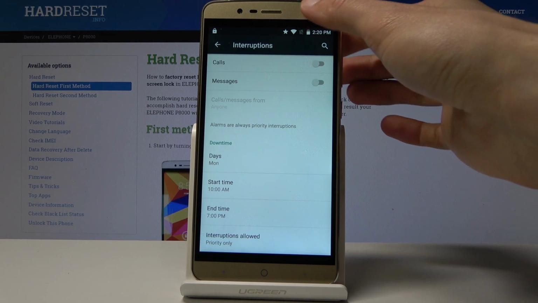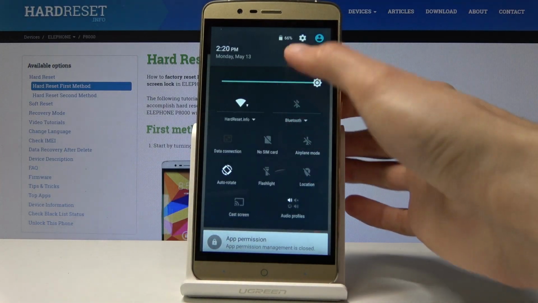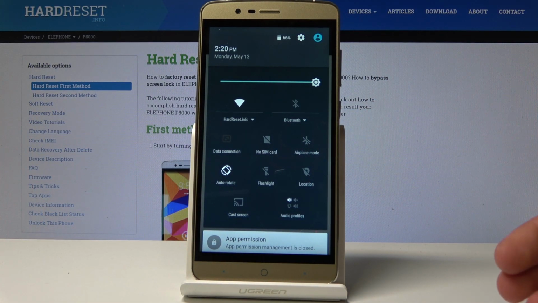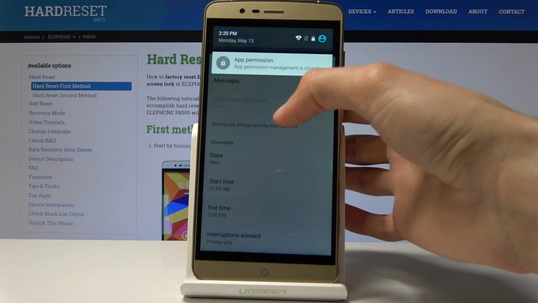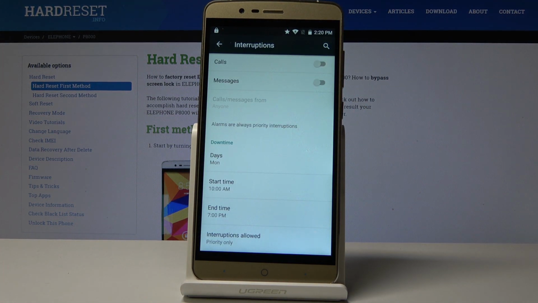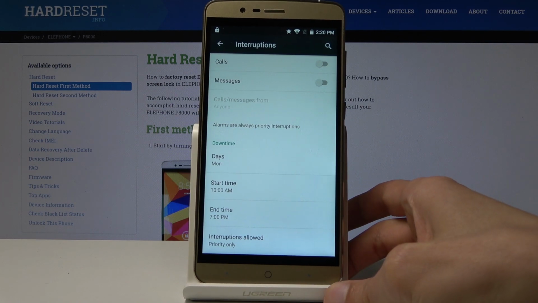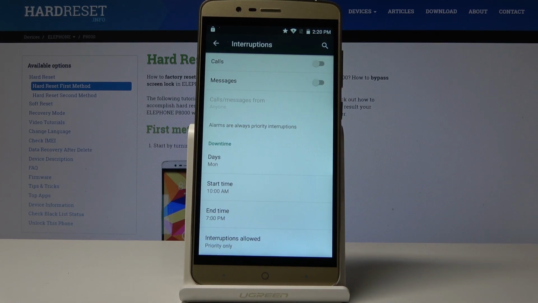There is no other way to turn it on from notification that I found, so you would have to go through the settings every time if you want to enable or disable it. So that is how you enable the Do Not Disturb mode,